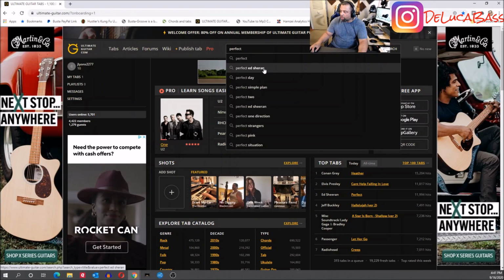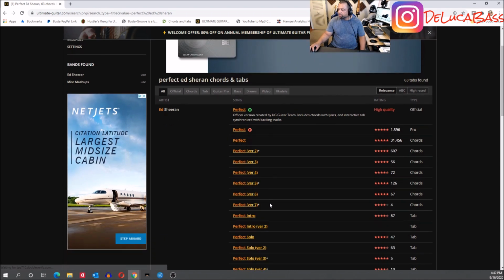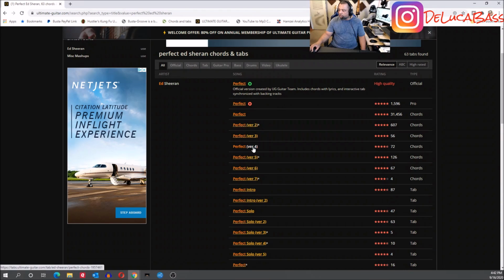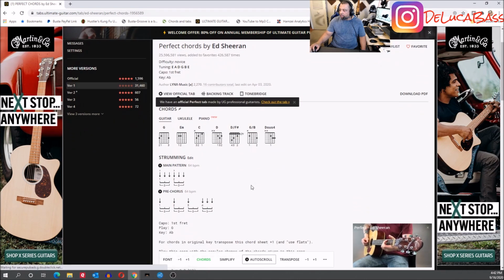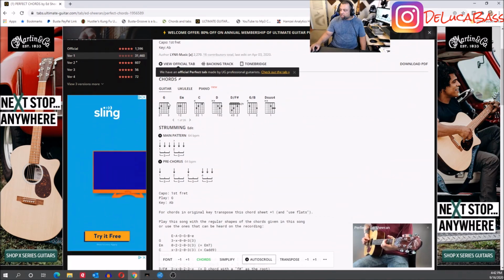So it's got a search bar up here. See, folks, this is live. So what you do is you type in the name of the song, and then you scroll down, and there's different versions of it. What that means is somebody probably changed the key, played it in different keys. And this is another thing. This is like the MIDI files. You got to look at it. And once you play along with it, you'll know if it sounds right. Once you play along with it, you'll be like, that don't sound right. Then you just go to the next one, right? It's no big deal. So I chose this one right here because it had the most views, right? So it tells you the chords in the song,